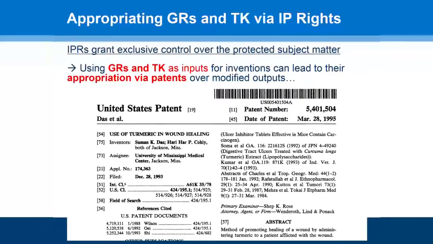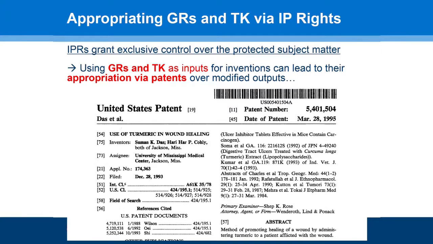As I mentioned before, TRIPS takes this into account by requiring all countries to protect at least microorganisms under their patent laws. But, for example, it doesn't define the term microorganisms, so there is again some flexibility here. Now, with that in mind, we can look into situations where patents have been obtained in relation to what in some countries is considered to be traditional knowledge, knowledge relating to the use of, for example, plants for medical and therapeutic purposes.